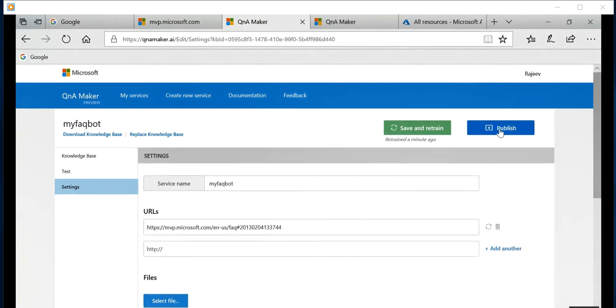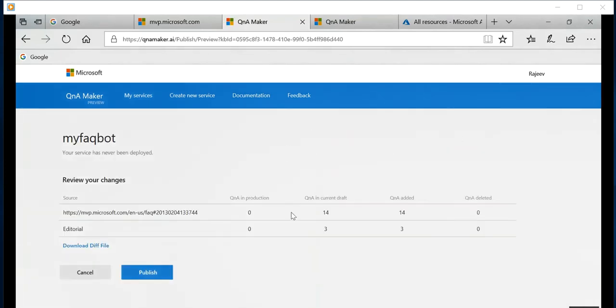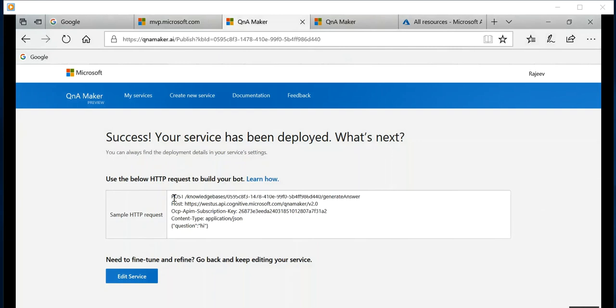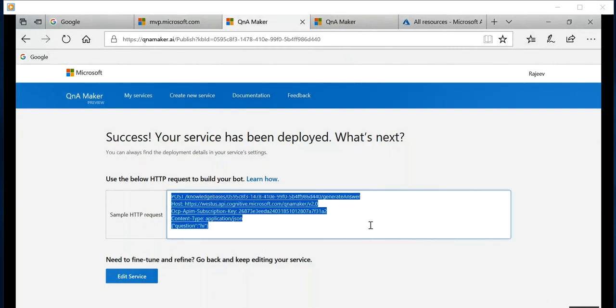Now the next action will be, yeah, we'll go and publish this. So what happens in the background, it also says it is all in the draft version. QnA added, we have added 14 QnA, editorial is there. Then this is the endpoint we are talking about. Once you publish, you will get an endpoint knowledge base. So it is hosted where in west